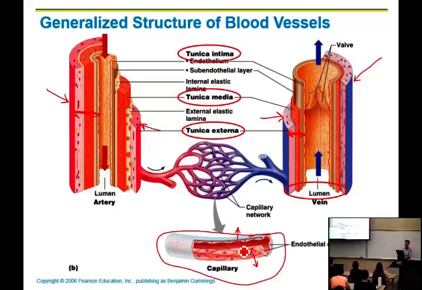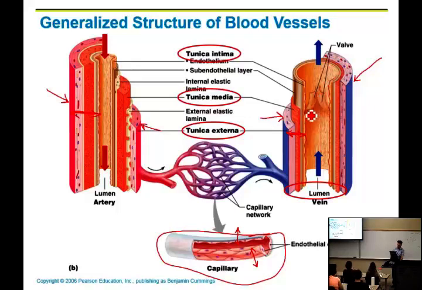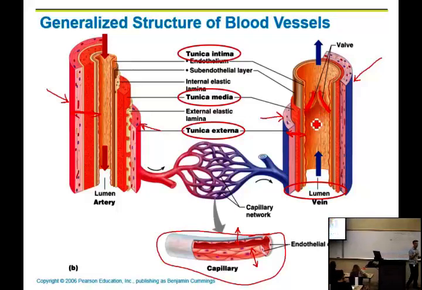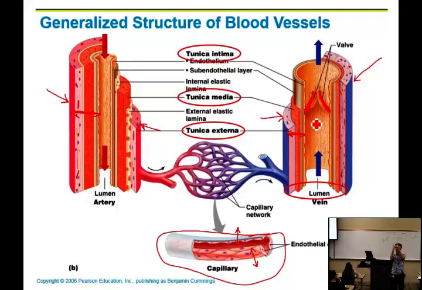Okay? Now, one thing before we get out of this slide, this is another anatomical adaptation that we have in the veins: valves. What we find is that the innermost layers of the vein will form valves at regular intervals. It depends on the vein itself, but it can be like every centimeter or so, there's a valve. Just like in the heart, these are one-way valves. If the blood goes through one way towards the heart, it's okay. If it tries to slide back the other way, it fills those cusps and brings them together and